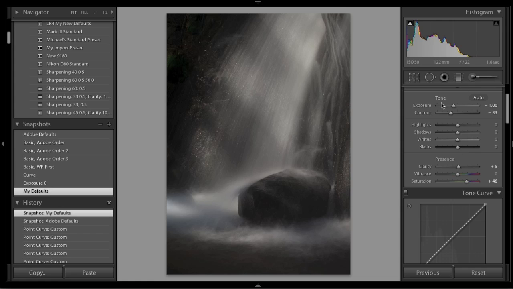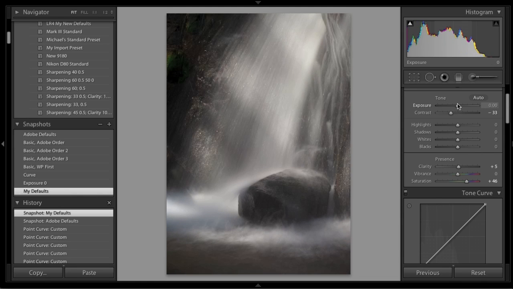So again, this is kind of dark, and if you were to start with exposure here, probably your first move would be to push that to the right to make the image lighter. In fact, I think you might end up somewhere around there, around the Adobe default. Once again, as I talked about, that boosts the midtones and kind of flattens out the highlights, and the highlights here, a very important part of this image, look a little bit flat and washed out. So I'm going to set this exposure back to